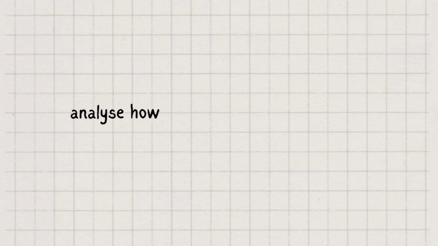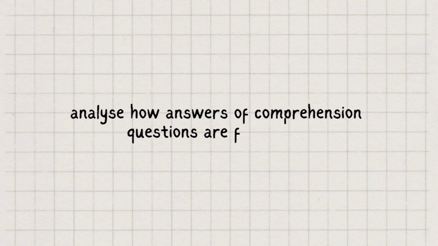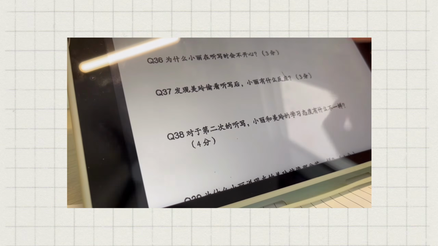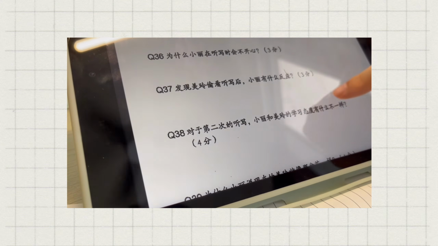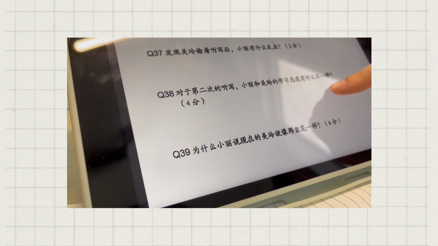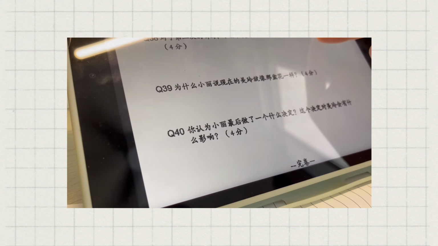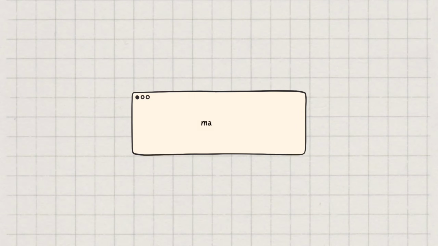Next, try to analyze what questions will come up in the actual comprehension passage and think of how to answer them. You can create some formats to answer these questions, and these formats have saved my entire Chinese paper, so if you're interested in what formats I use, I might share them with you. Now moving on to math, the first tip that I would like to give you is